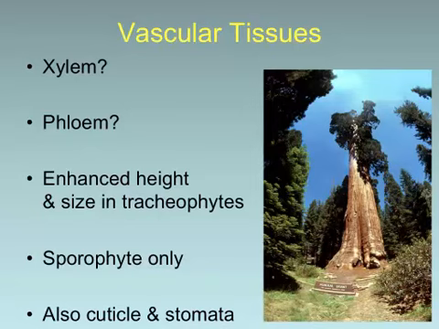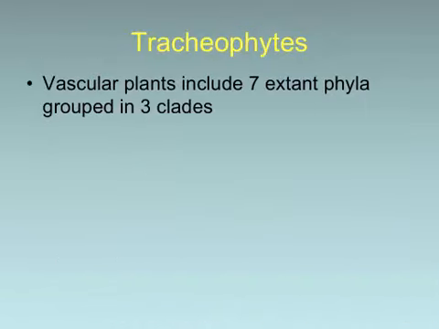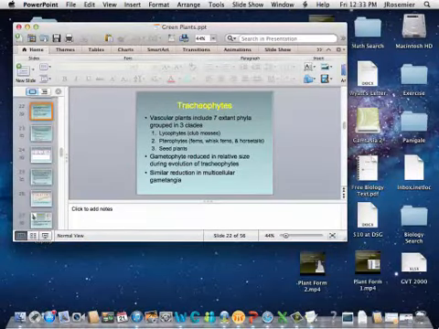We also started seeing things like a cuticle and stomata when we start moving into the tracheophyte plants, even into the ferns and some of their relatives or their allies. The cuticle is definitely there. The stomata is also there in a lot of those other early tracheophyte plants. All right, so we're going to stop this little section of lecture here.